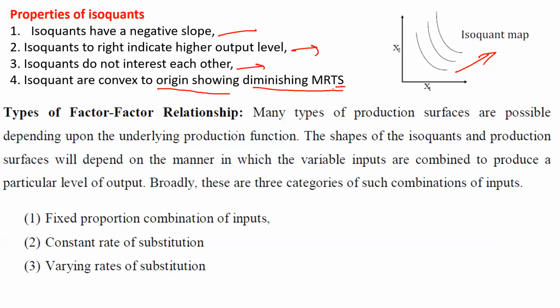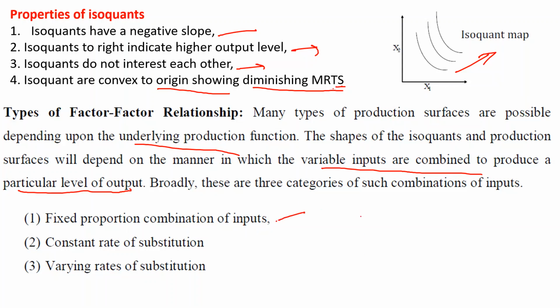Now types of factor-factor relationships. There are many types of production surfaces possible depending on the production function. So the shape of isoquant and production surface, that is production function, will depend on the manner in which variable inputs are combined to produce the particular level of output. जो भी isoquant का shape है वो किस पे depend होगा, जिस combination में variable inputs combine किए जाते हैं to produce the given level of output. So broadly we can say there are three categories of combination of two inputs. First is fixed